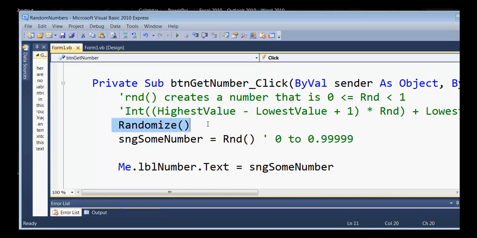That being said, there are certain times where you're going to want to have no random numbers. You're going to want that kind of logical sequence. One such time might be, let's say you created a video game and you wanted to test certain values. So if you take the randomize out, you're going to get the same sequence of numbers,